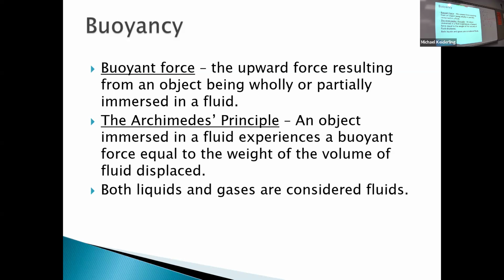If you immerse something in a fluid, it will displace some water. Oh, there's a beaker here. So for example, if you put something in water,